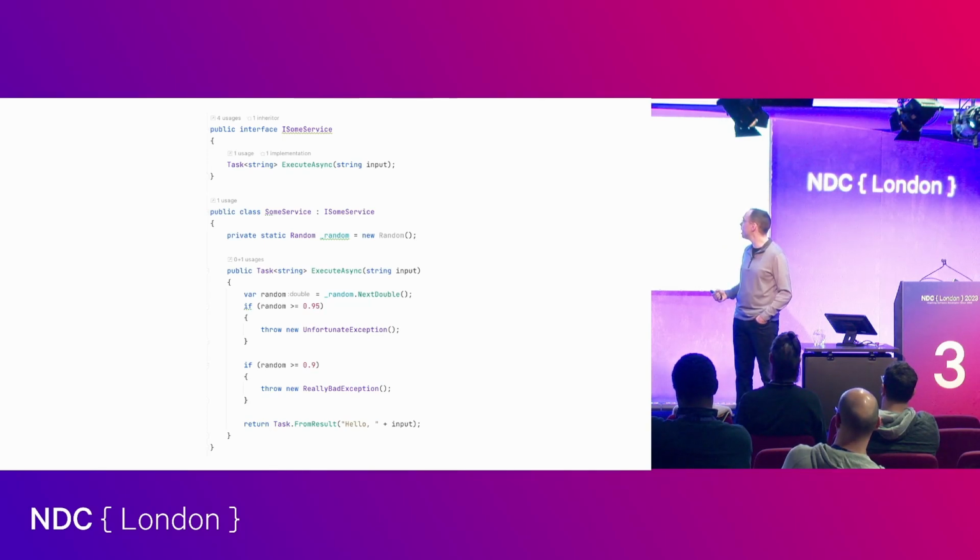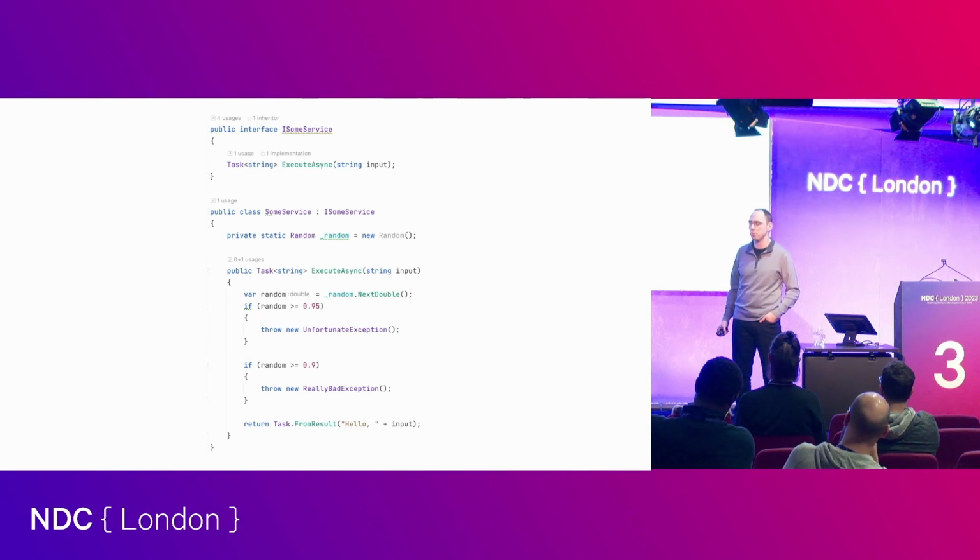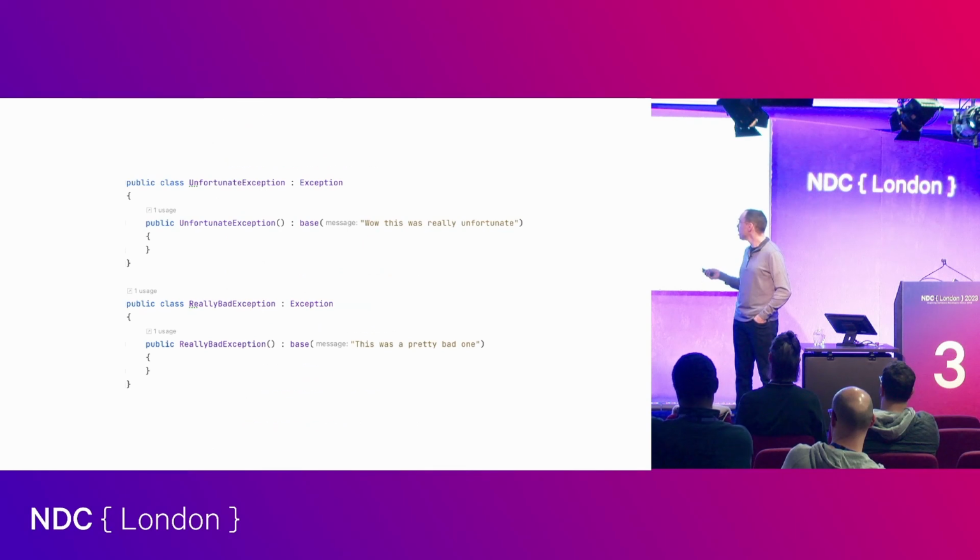Not really very complicated. Specifically, I had each of the services invoke this particular method. The only thing that I will say about it is that it is highly overwritten, it feels over-engineered, but basically I had 2 exception types, unfortunate exception and really bad exception. Neither of which had any particular data, and I just basically said 10% of the time throw one of those 2 exceptions. Pretty simple. Not really crazy. Specifically, going back to that monitoring piece, I wanted to see how each of the cloud platforms really treated monitoring of this particular function, so that I could say, hey, here's my opinion about it. Here are the exceptions. Wow, okay, cool, that's great.